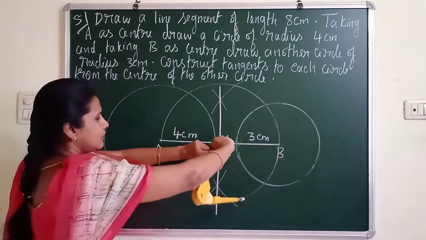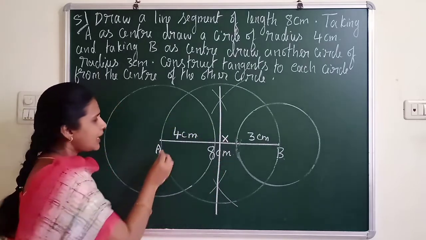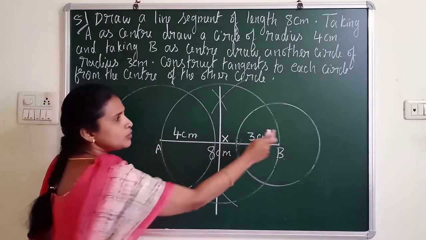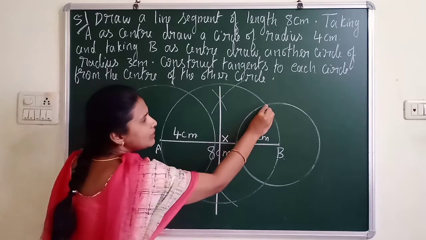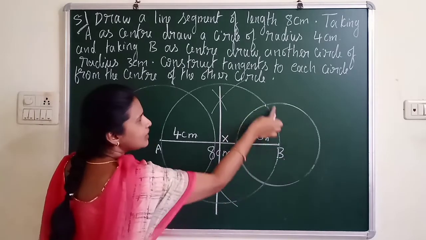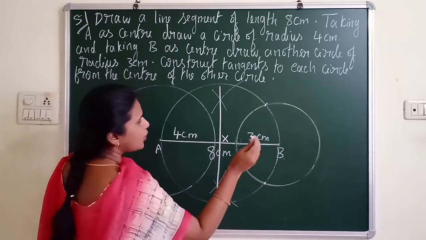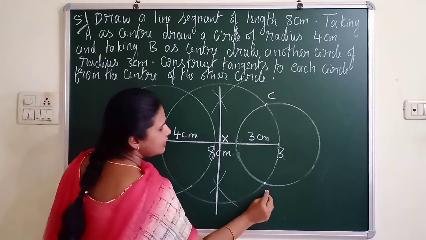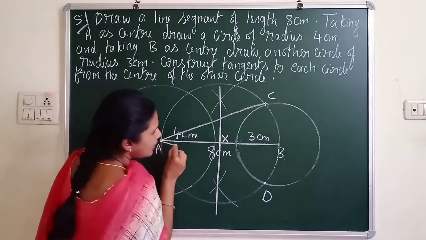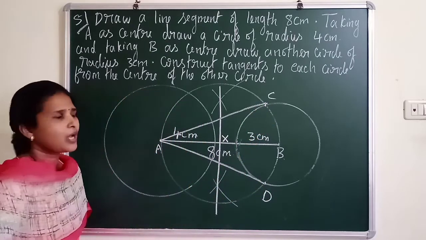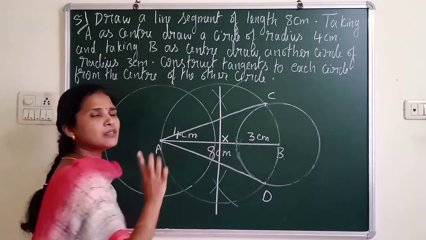So I got a circle. Now, according to the question, I have to draw tangents from this point to the given circle, that is the second circle of radius 3 cm. And check now where the meeting point is. So you can see that the second circle and this circle, the third circle, are meeting at these 2 points. So mark these points as C and D. So join A to C, that is one tangent, and join A to D. So I got 2 tangents from the point A to the circle of radius 3 cm.